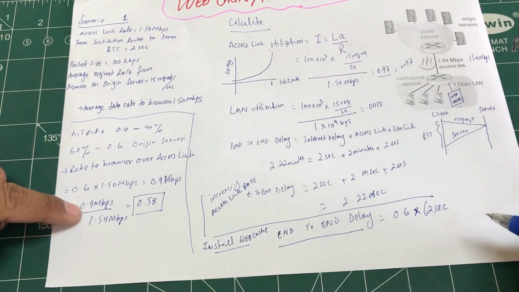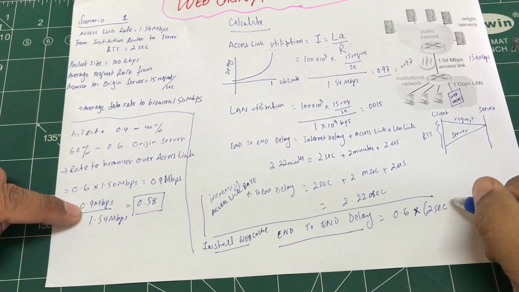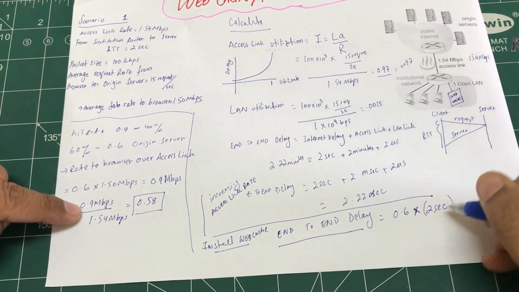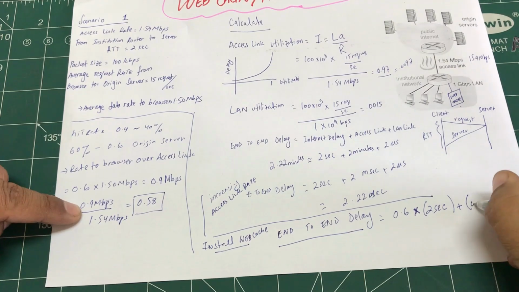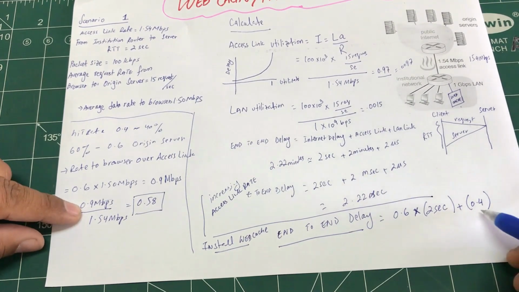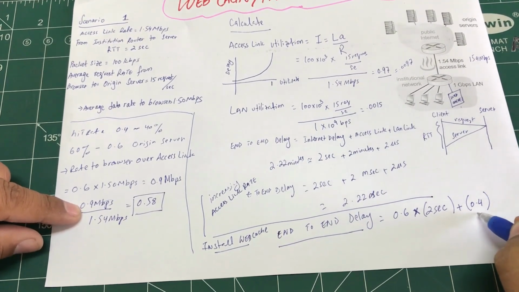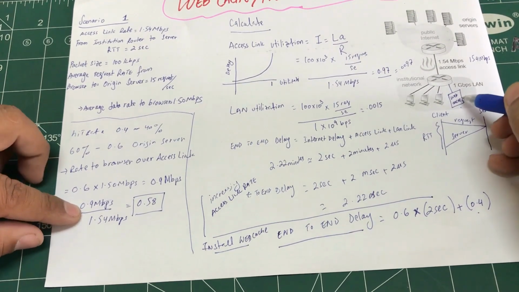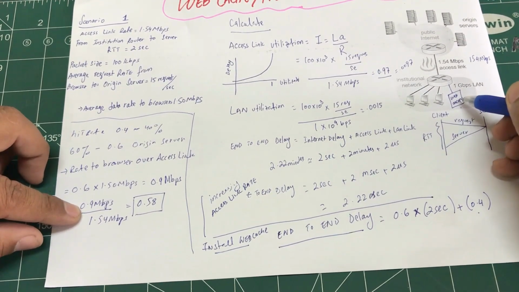That is approximately 1 second from here, plus about 0.01 from here. So this is just a multiplication of these two, plus 0.4,